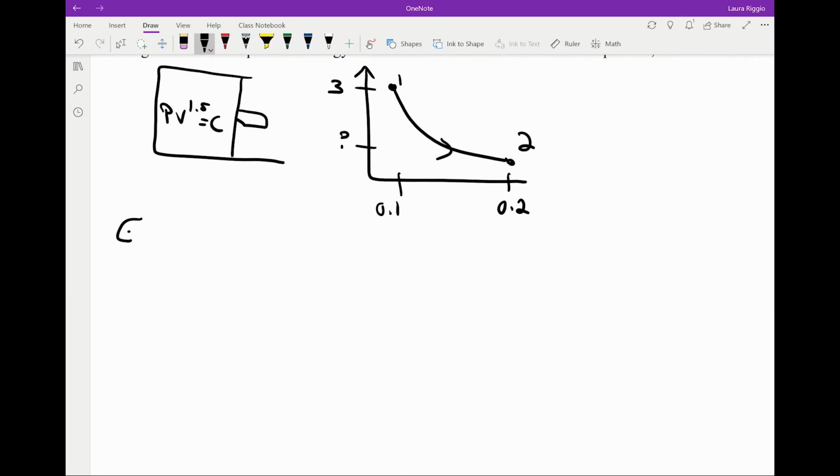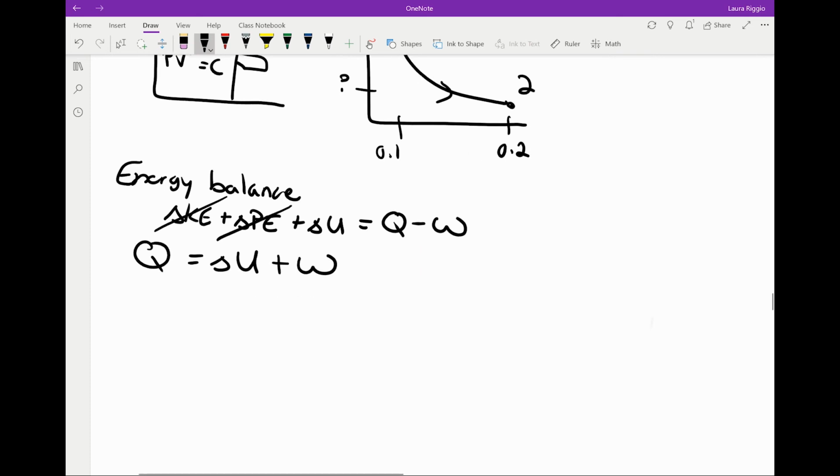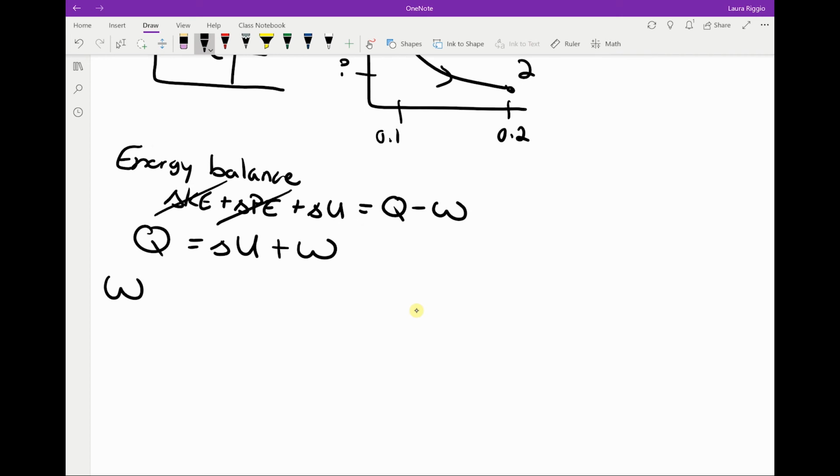So we'll write down our energy balance. We have the change in kinetic plus the change in potential plus the change in internal is equal to our heat minus our work. So we're trying to solve for the heat transfer. Well, the problem says there's no kinetic and there's no potential. So Q, our heat transfer, is going to be equal to our change in internal energy plus our work. It's a polytropic process, so our work is equal to P2 V2 minus P1 V1 over 1 minus n. And we need